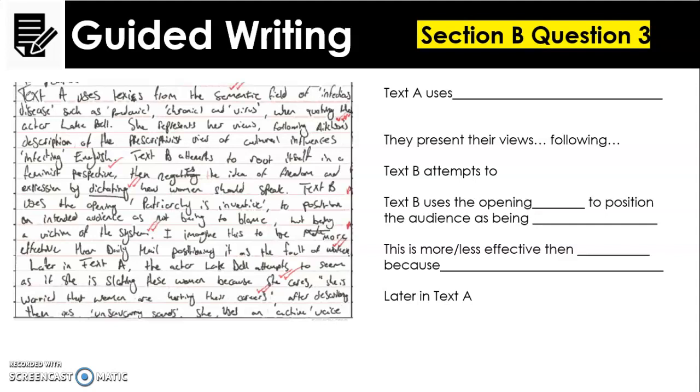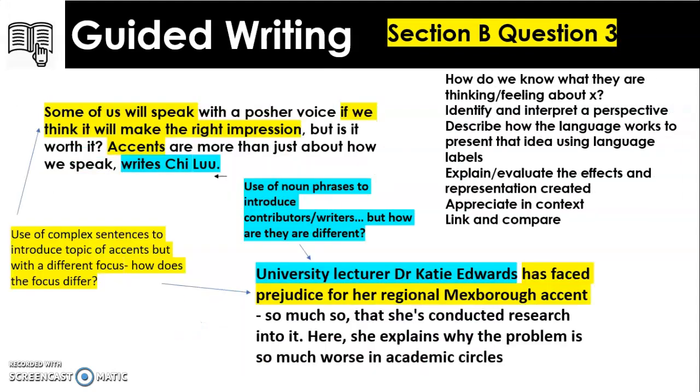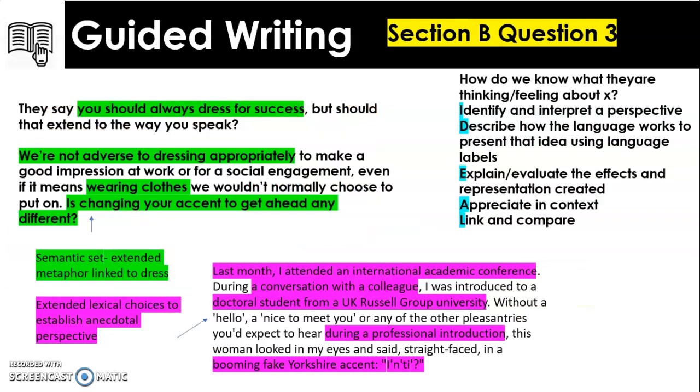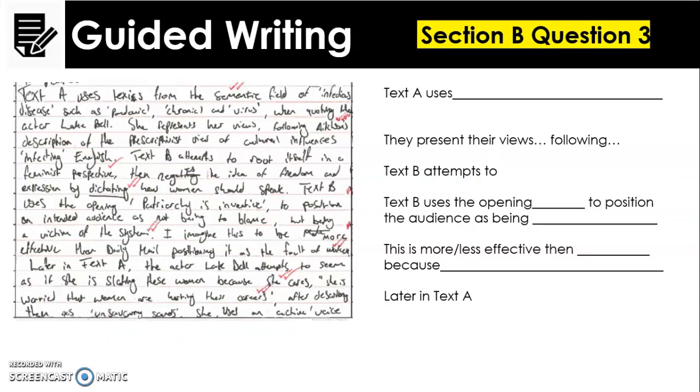Okay, now what I mean by freestyle, so I'm just going to go back this way. You can take your notes and just turn them into paragraphs using your own sentence structures, your own ideas. But I would challenge you to write a paragraph on text A with a comparative link and a paragraph to text B. Now, if you prefer the structure, here's our A grade student again, and this is how their essay